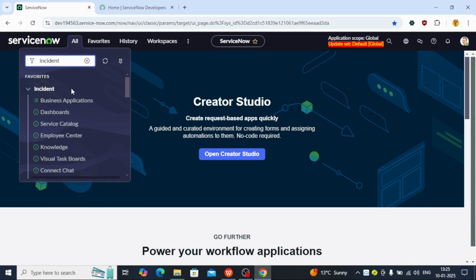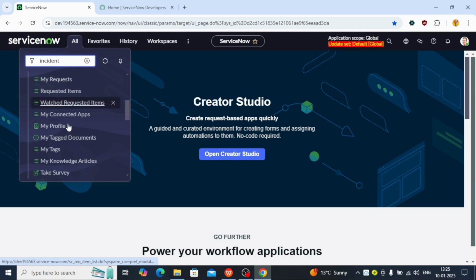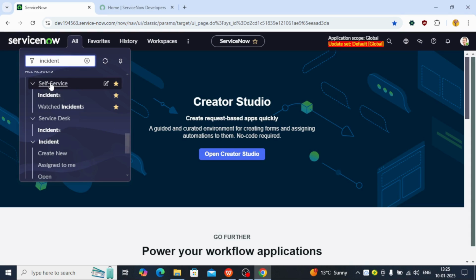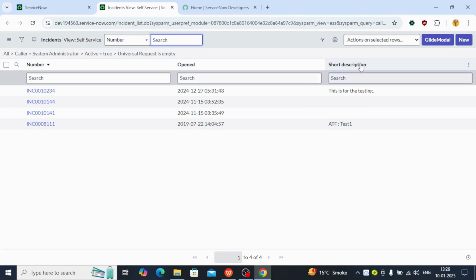Now, if I come back to the application navigator, in the All, I'll type incident. Now here you can see that we have certain modules for incident. As I mentioned, we have three different ways to create an incident: from the self-service, from an inbound action, or a service portal. From the self-service, if I simply click on incidents, this will take me to a form. It is loading as of now. Okay, it loaded. Now you can see that if I click on new,